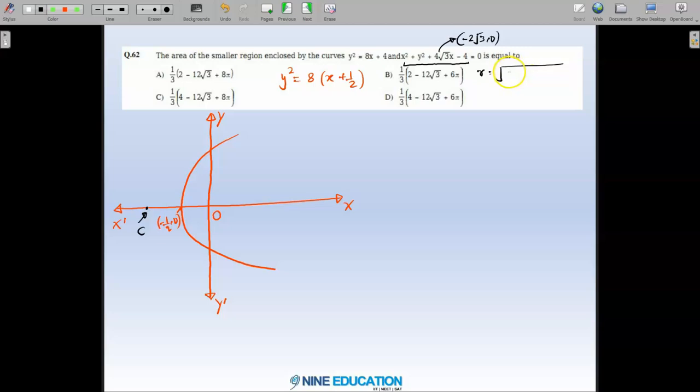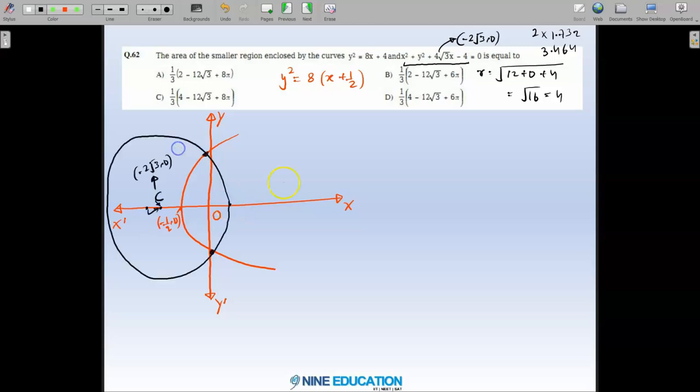So it will be 4 into 3, 12 plus 0, and then minus the constant term. So it is basically root 16, that is 4. So 2 root 3, if you observe in terms of value, it is 1.732 times 2, which is 3.464. So basically on the minus side, it is somewhere around -3.464. So the circumference of the circle will basically cross the y-axis, and if I draw the rough sketch, it will